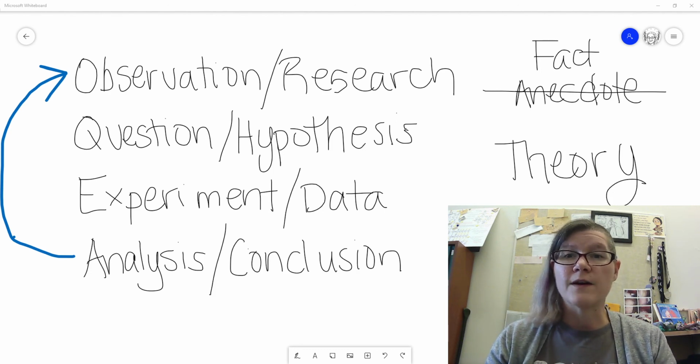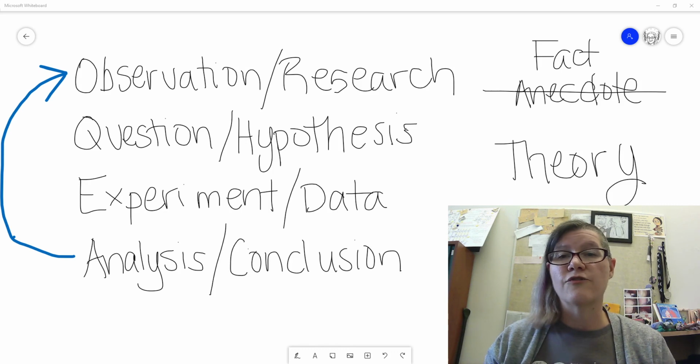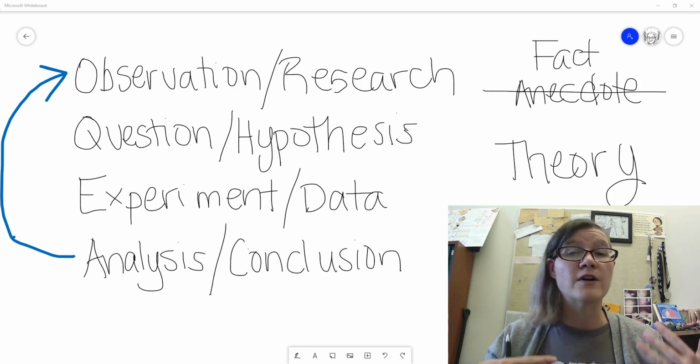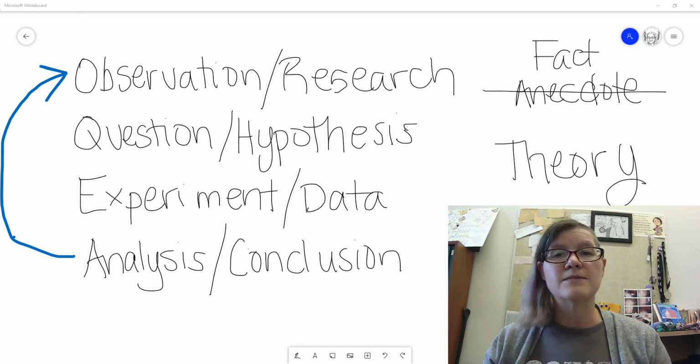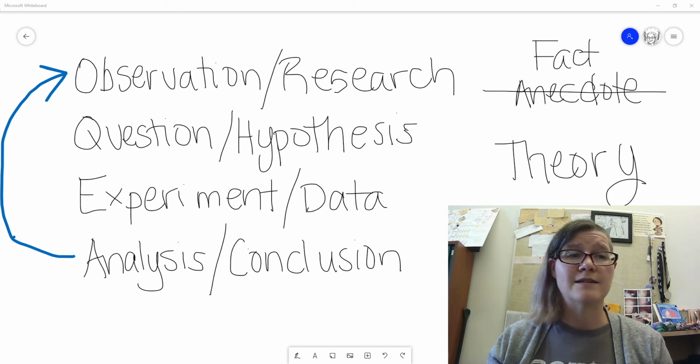All of this, of course, is very important because science is constantly changing in some way because the observations are changing. We learn new things, we can improve upon what we know. We don't typically change the entire structural foundation of where we began because some of our data still exists. It's not like the data changes, but we can sometimes change exactly how the data gets explained. And so theories typically take a long time to create and a long time to change, so you'll see that they last for a while. Now, of course, this is different than the way the word is used in many places, but in science, that's how you're going to see it.